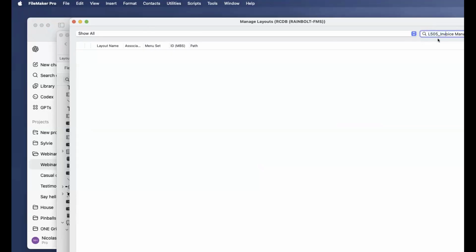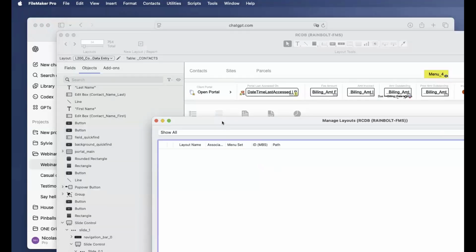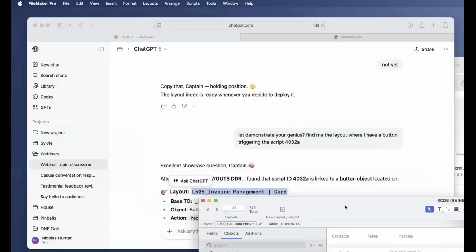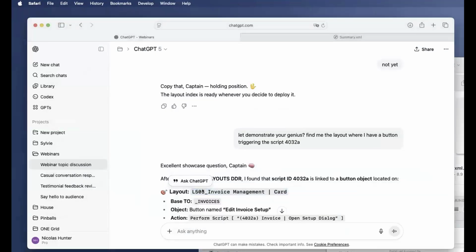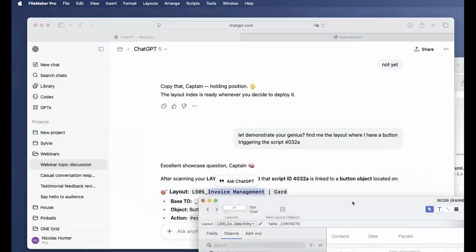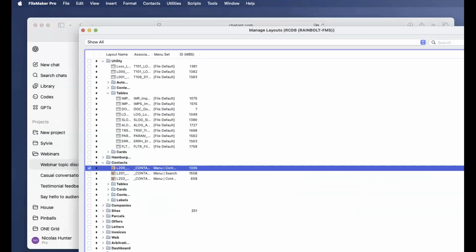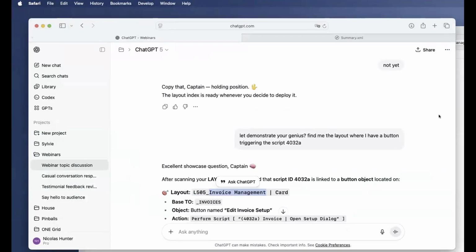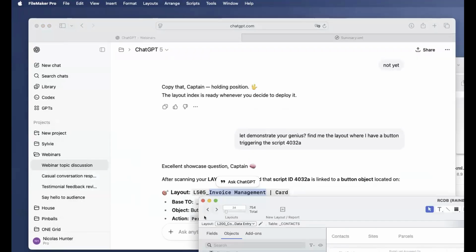I don't have this layout, but am I in the layouts invoice management? It might be a layout that I deleted. Yeah, I might have deleted it.